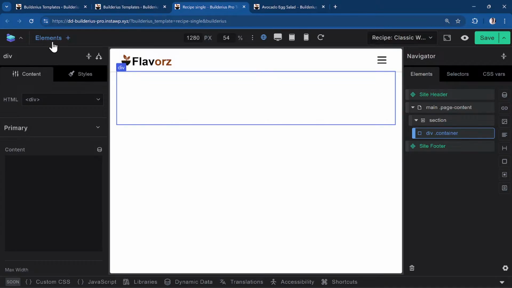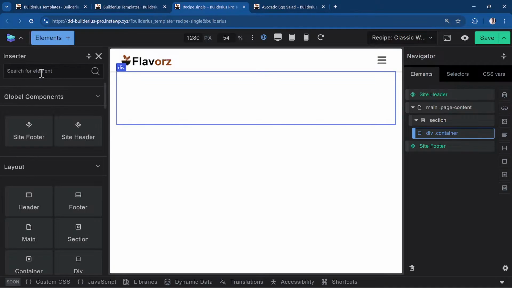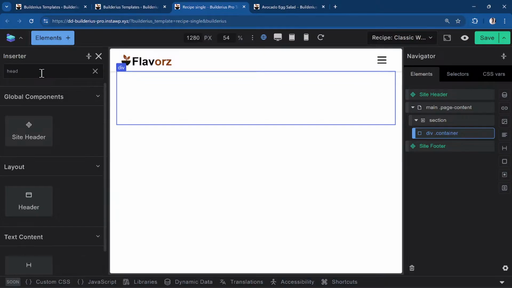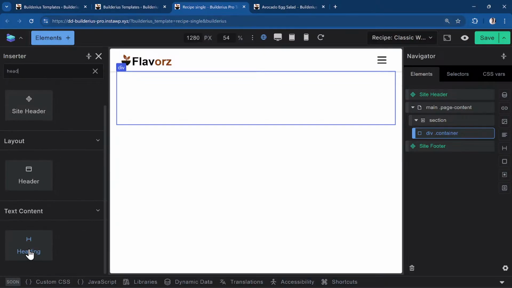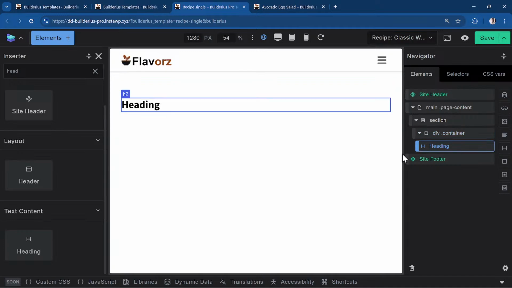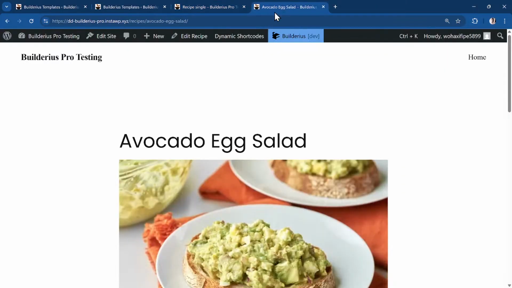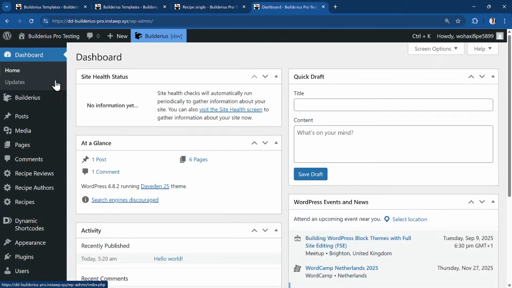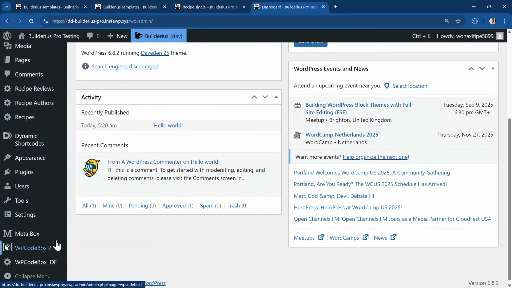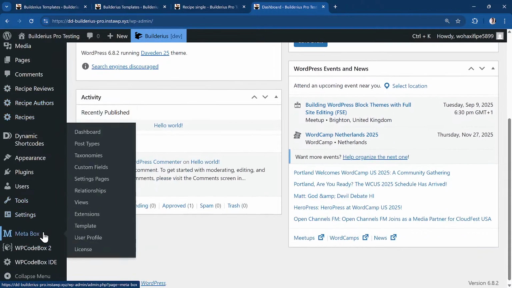I was trying to create a single post template. So let me just add a heading to show you how the template and the dynamic data works. Either go through the inserter and add a heading, or go through the side favorites panel. I can't remember what it's called, but the side favorites panel. You add the heading there, and let me see, what data do I have from my meta box? So under meta box,